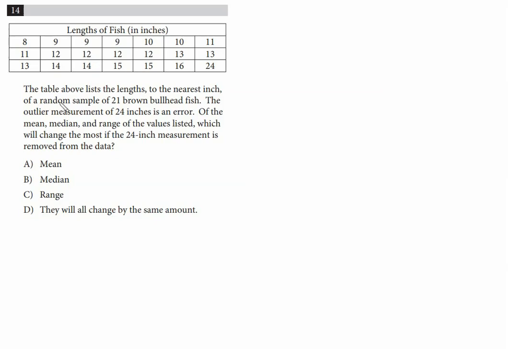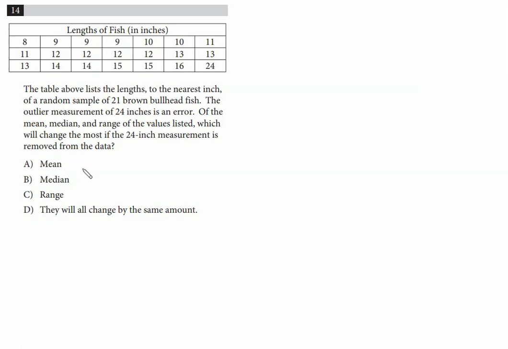Question 14. The table above lists the lengths to the nearest inch of a random sample of 21 brown bullhead fish. The outlier measurement of 24 inches is an error. Of the mean, median, and range of the values listed, which will change the most if the 24-inch measurement is removed from the data? So this is a statistics question,